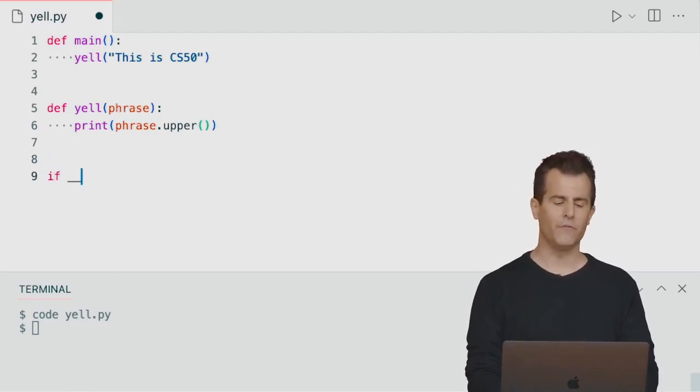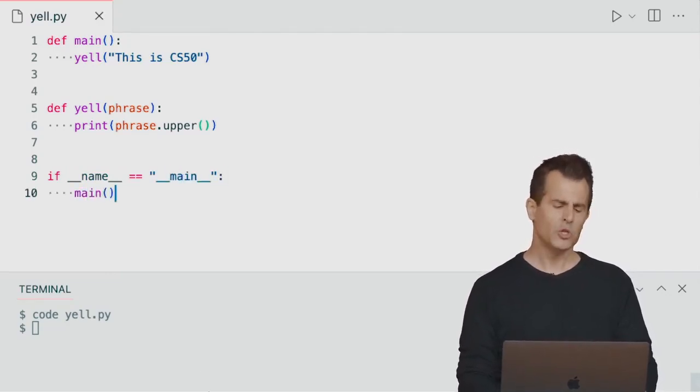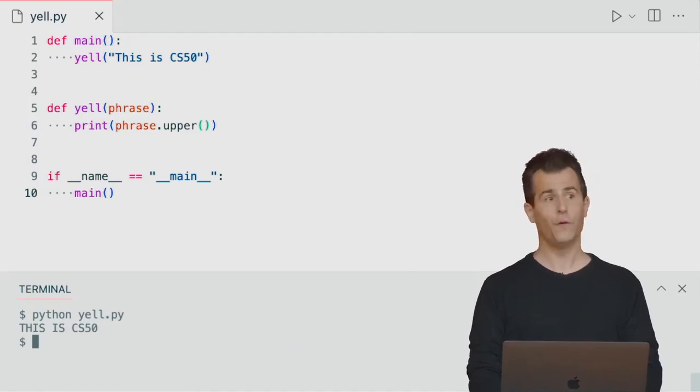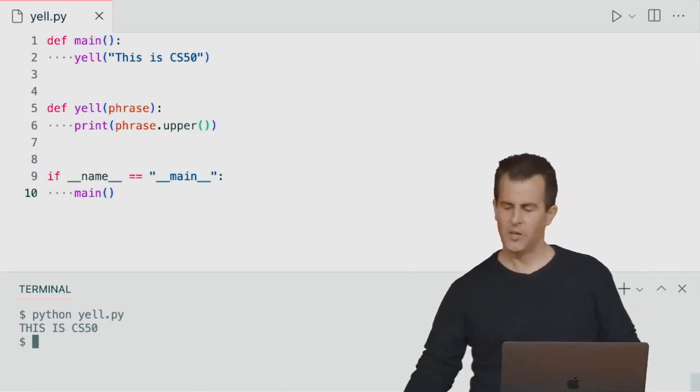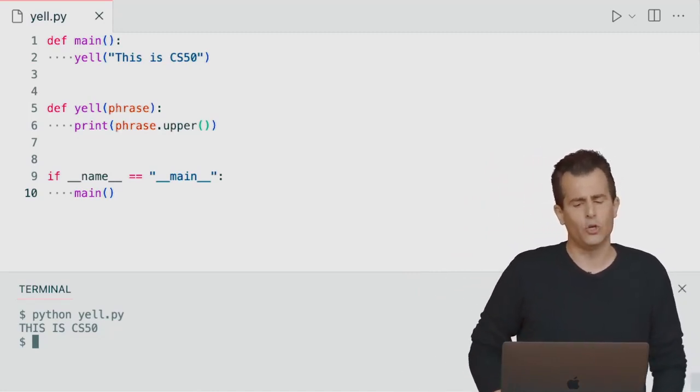And as usual down here, if the name of this file equals quote unquote main, then let's, as always, call main. So let's just run this. But for the most part, it should be fairly straightforward. When I run python of yell.py, this is CS50 is yelled on the screen. All right, that's nice, but it's not great that yell only expects a single